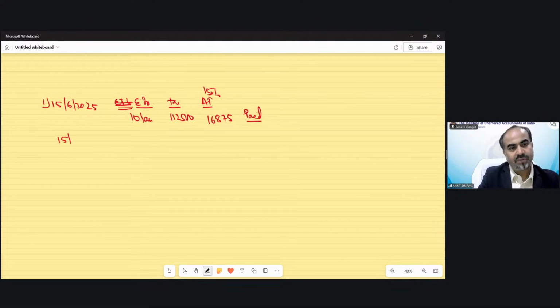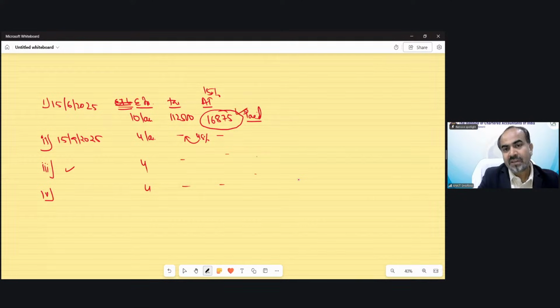Suppose on 15th of September, due to order cancellation, or any other reason, now his estimated income is only 4 lakh rupees for the year. So there would be no tax. Up to 5 lakh, there would not be any tax. There would not be any advance tax liability because 45% of this we need to calculate, and that would not be applicable. But we have already paid advance tax 16875. On the third and fourth dates, the condition remains the same.